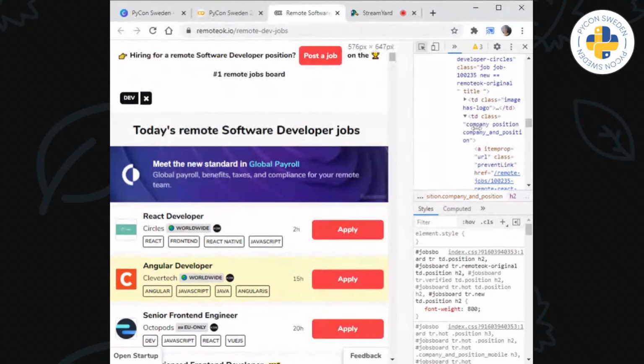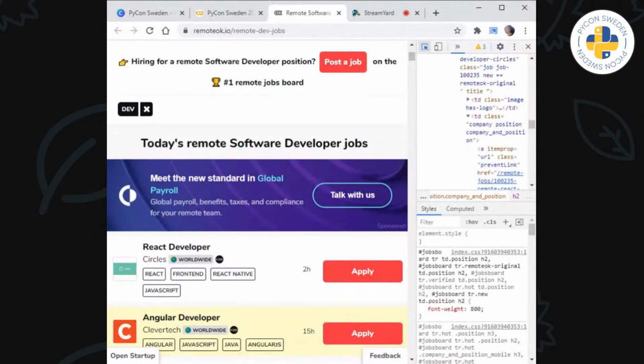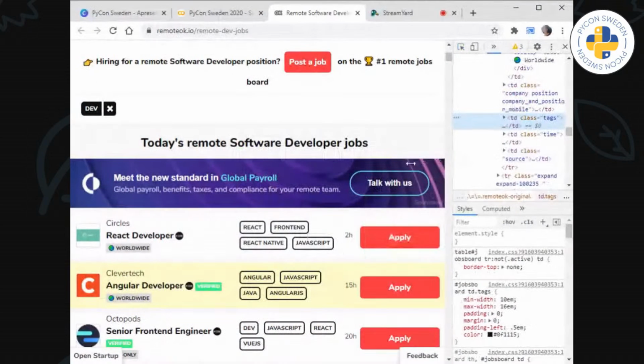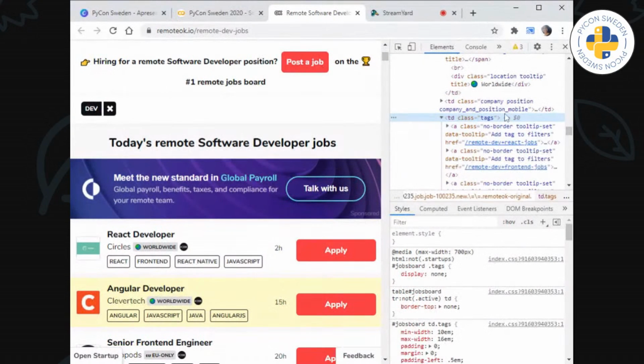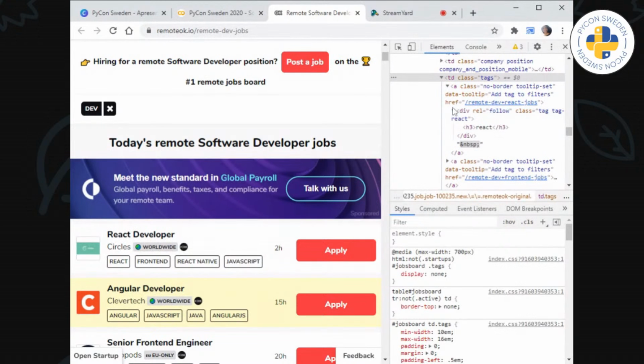And the tags are a little bit more complicated because there are a lot of them, but they are inside of a column, which makes it easier for us in a certain way. Each tag is inside of a link.